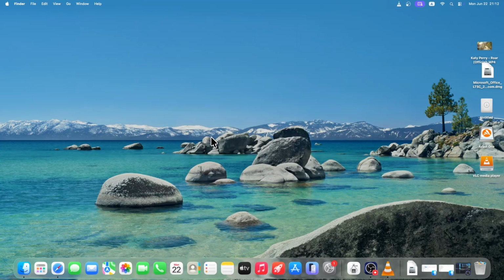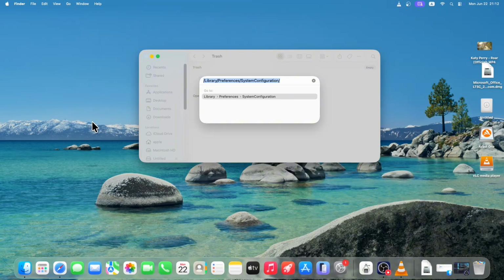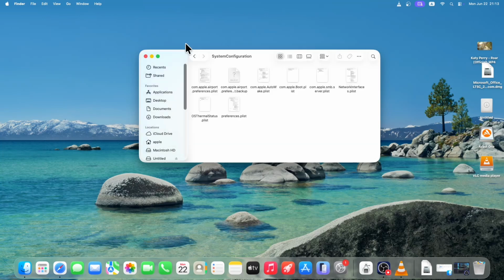First, click on the Go from the top menu bar, then click the Go to Folder option below. Now here, write this prompt: /library/preferences/systemconfiguration. Don't worry, I will give this prompt in the description. Then hit enter. Now here, find the files related to the network, like